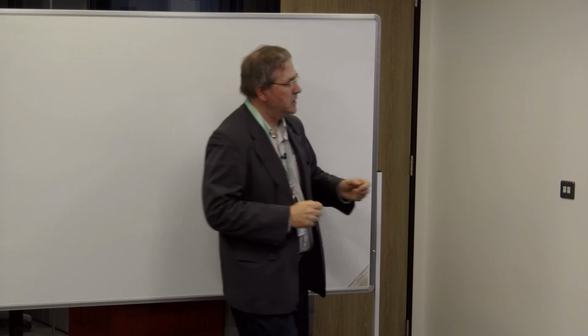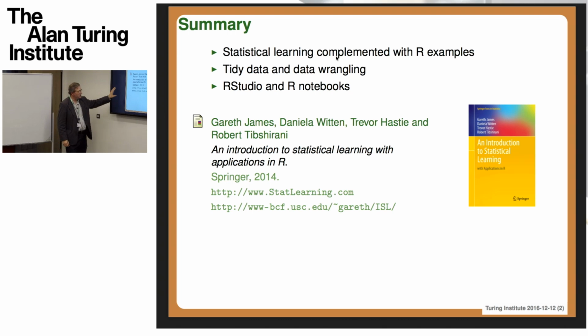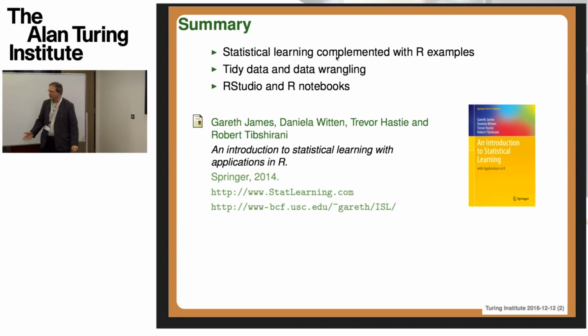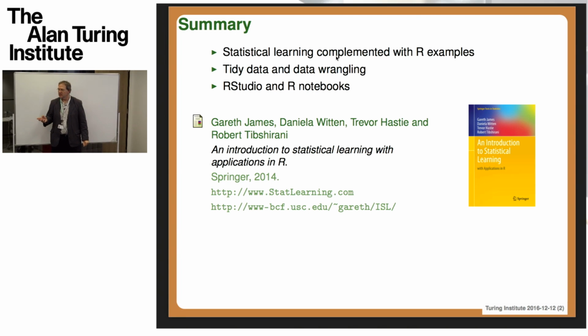In the area of the statistical learning, I'm going to present some work that is from this wonderful book by James, Witten, Hastie and Tibshirani on statistical learning with applications in R. I wonder if people are familiar with the book already? A few of you, yes, okay. So I think it's a terrific book in many respects. It's a modern book, it's an authoritative book, and it's a very engaging book.